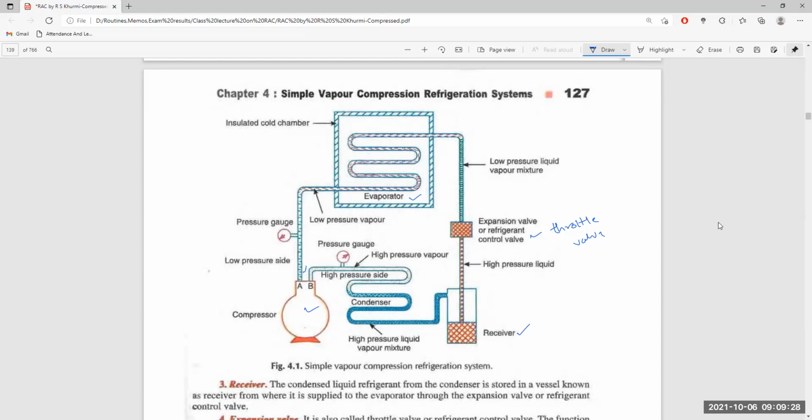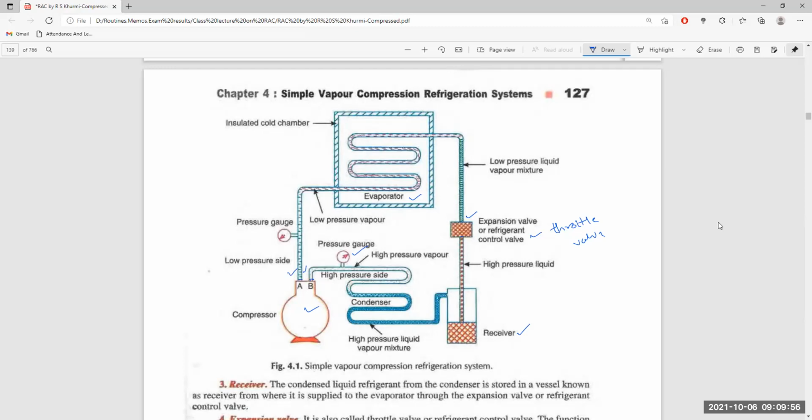What is the high pressure side, starting from the compressor and up to the entrance of the expander. From this is the high pressure line. The full line is, you see, at high pressure, and it is reduced here. Here it is expanded and the pressure became low. From the outlet of the expander, up to the inlet of the compressor, it is the low pressure side.